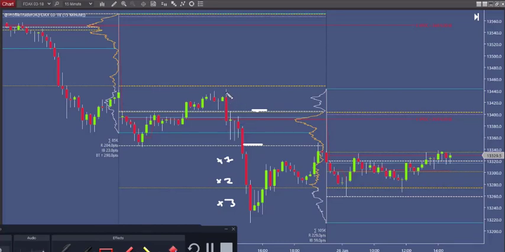But once you've got that initial move, you trade the pullback, you trade it down into initial balance extension 1, initial balance extension 2, and typically you want to be fully out at extension 3 on the initial balance on ECB day. Okay, what I tend to do is